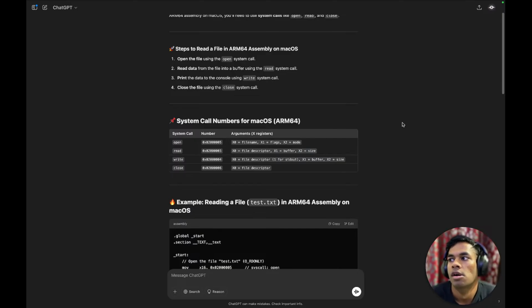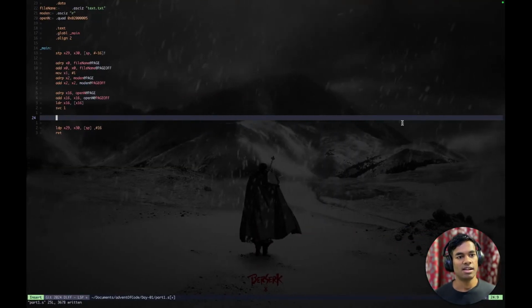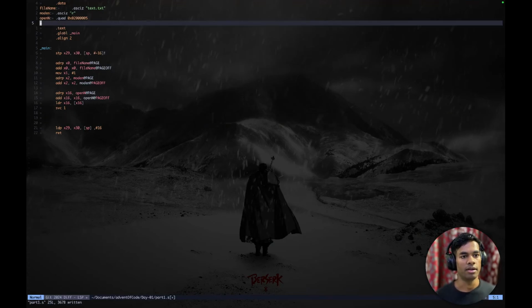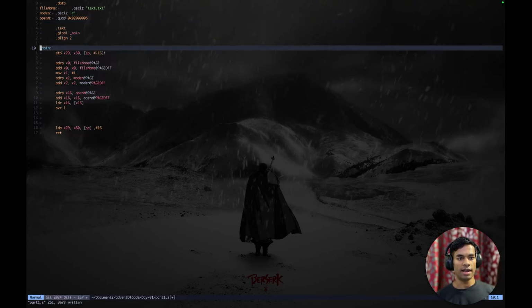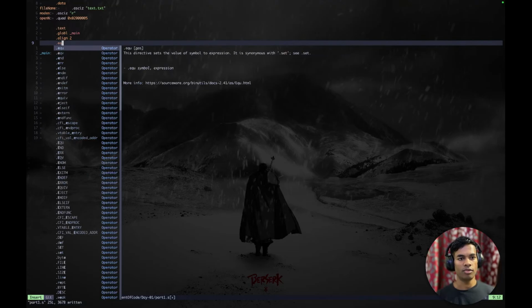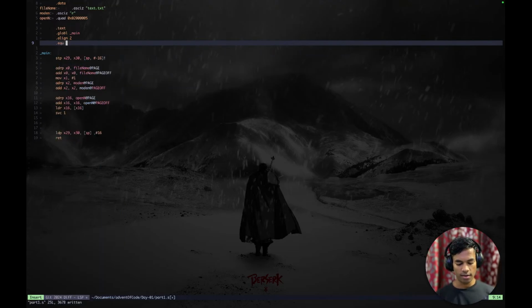Buffer. Where can I get the buffer from? Well, I can make a buffer here in the .data section, or I can create a dynamic buffer in the heap by using calloc or by using malloc. Let's just say I will also be using a size thingy, and let me use EQU where,